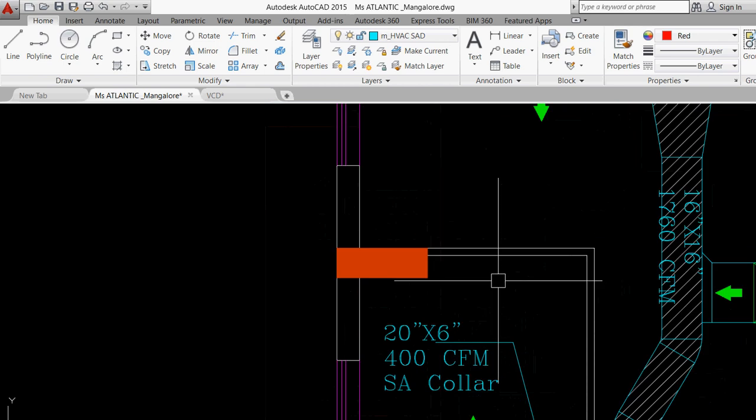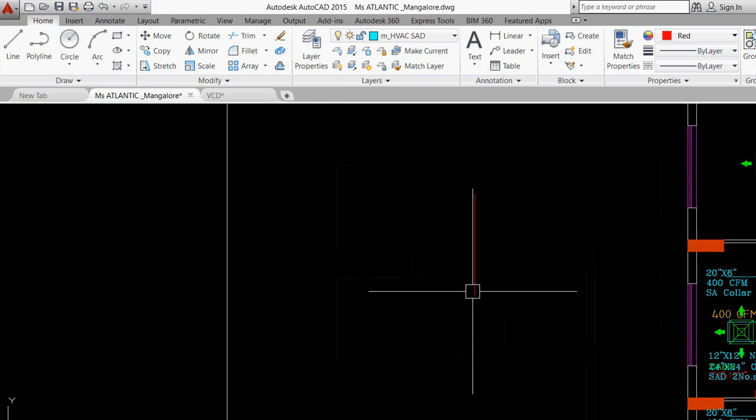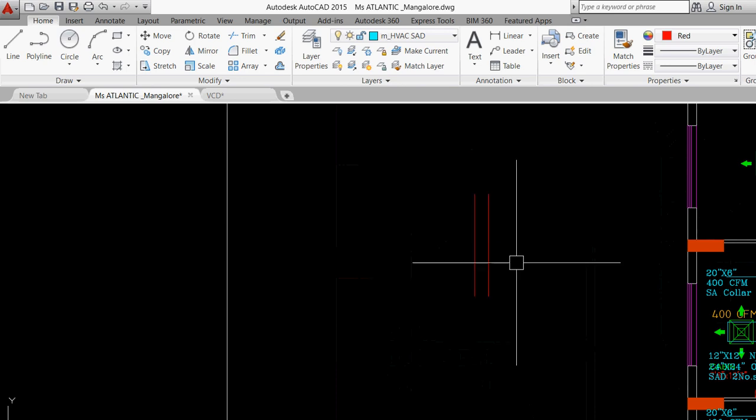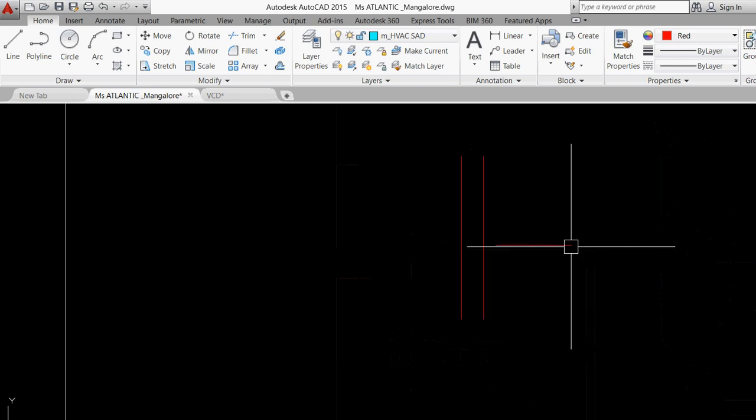So again, I'll draw 14 inches cross talk and offset 14 inches here, offset 14 inches here.